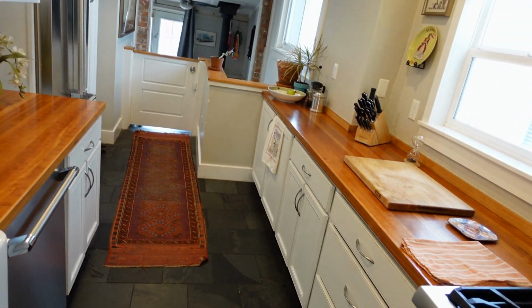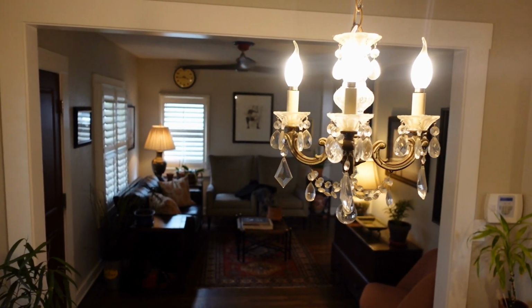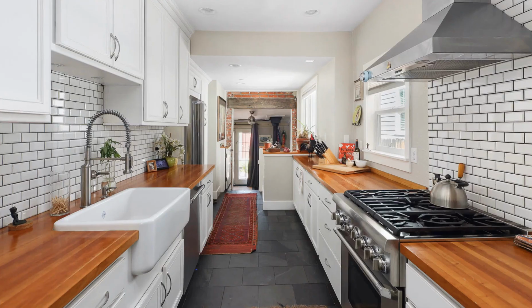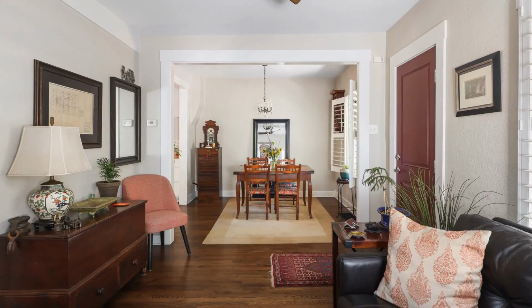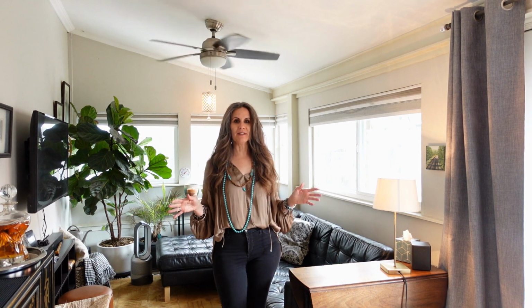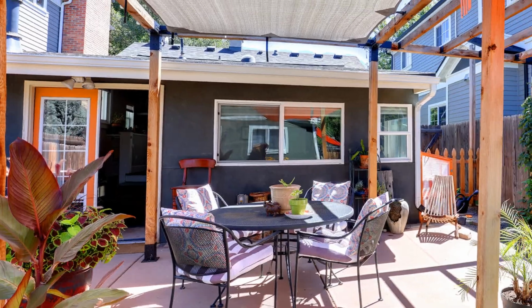The wood countertops, the brick, the wood beam, the vintage lighting, rub-a-dub-dub, the clawfoot tub, the Viking refrigerator, the Thermador gas stove. You'll love to cook, entertain, and live with the flow of the house. There is a formal living and dining area. The floor plan was rearranged to provide convenient 21st century living, the bonus room that opens up to the backyard